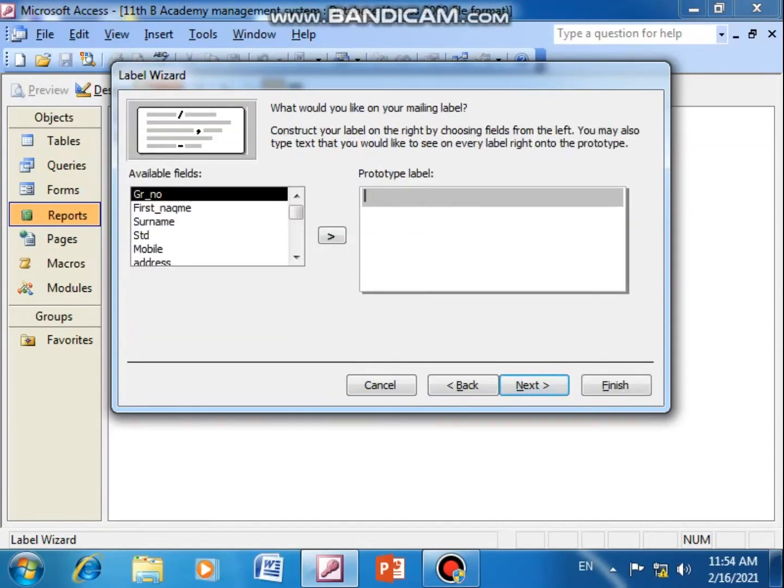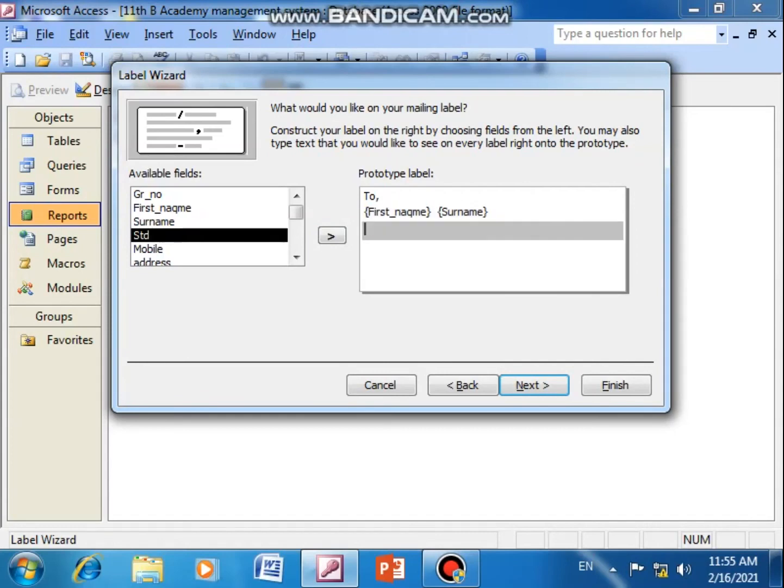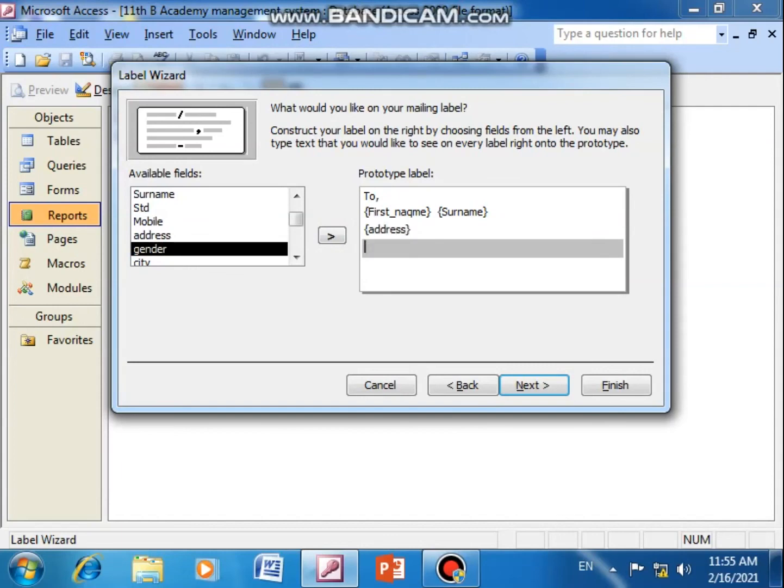Which field I want, I can write like this, first name, double click here, and here we want to leave space, so I leave space like this: first name, surname, and in the next line I can take the address from here. You may have observed that whenever you order anything from a shopping site, your name and address and everything is printed in a specific order. So they run this type of report, and the pin code will come here if it is there. Fine. Next,